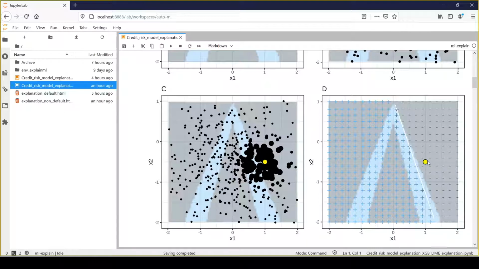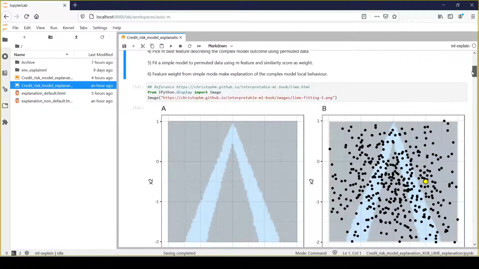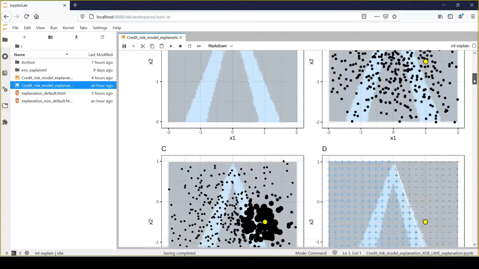Using that linear regression model explanation, with the help of the weights of the M features, we'll be able to explain the model output of this instance. That's the way LIME works, and it's a very effective way of providing model explanation using this simple linear regression model fitting exercise, right?